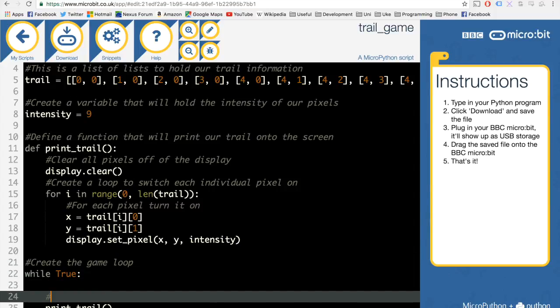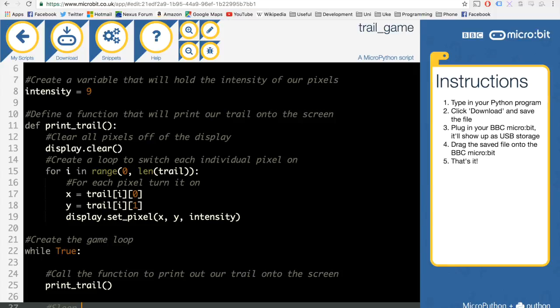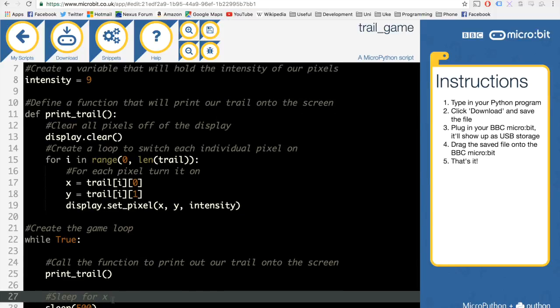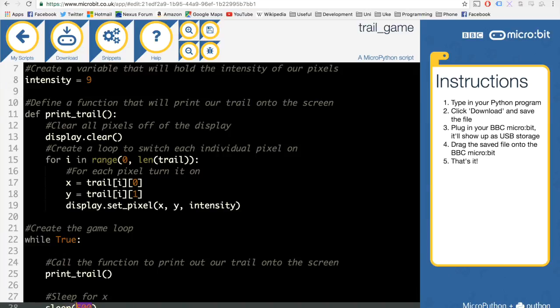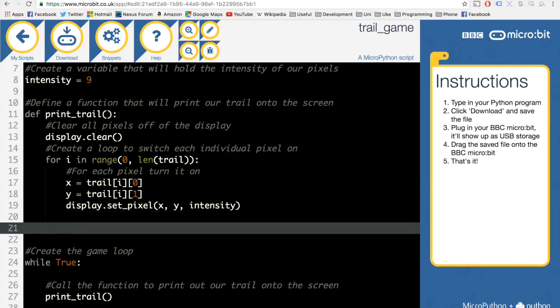and then call the function to print out our trail onto the screen. Okay, and then we're going to sleep for, and I've just said here sleep for x because we're going to change this value as we go for different reasons. So basically what we're going to do now is I'm going to create a new function